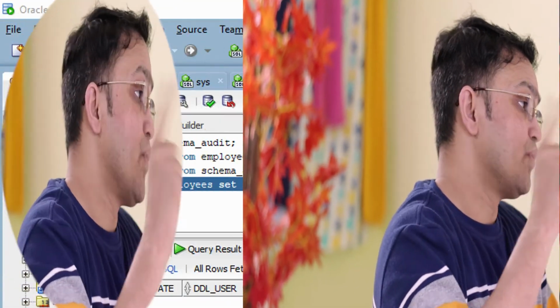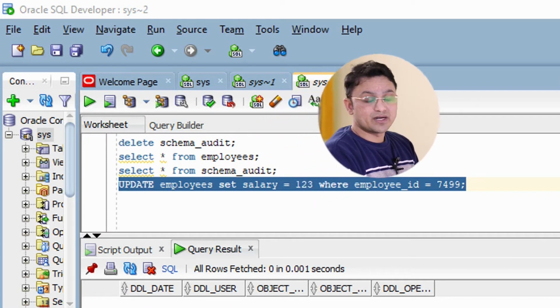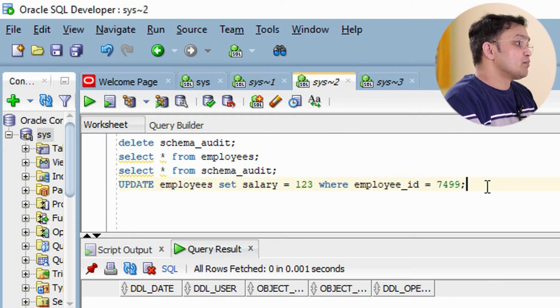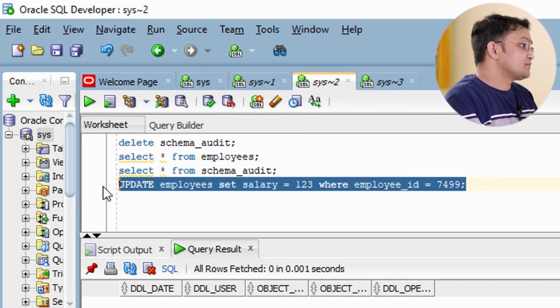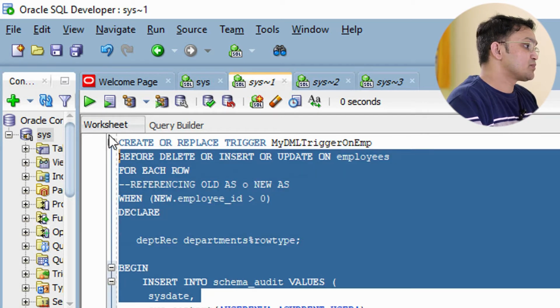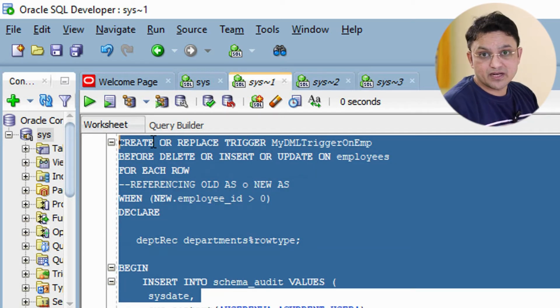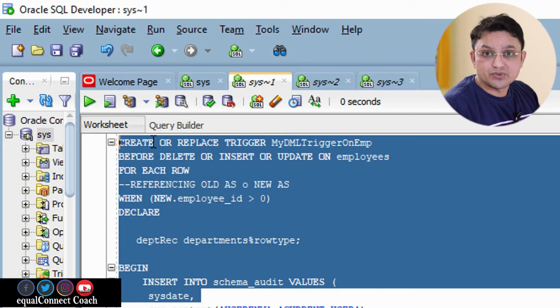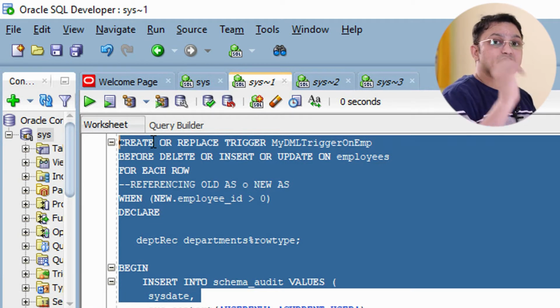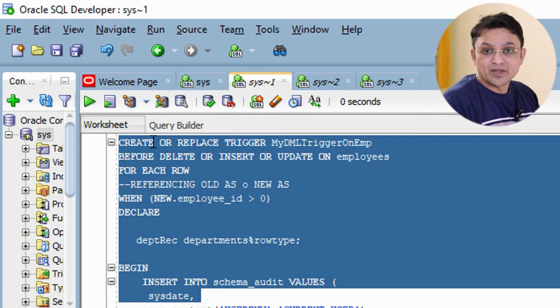Now let's understand this with the help of one example. For that I need to take the help of one requirement, and what does that requirement say? The requirement says that boss, if any DML activity happens on my employee table, then please execute this program automatically. So that is my requirement. So how can you achieve this? You can achieve this with the help of a DML trigger. I hope you have now understood what exactly the DML trigger is.